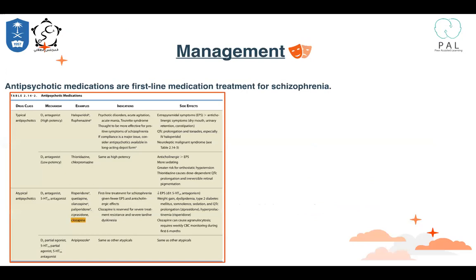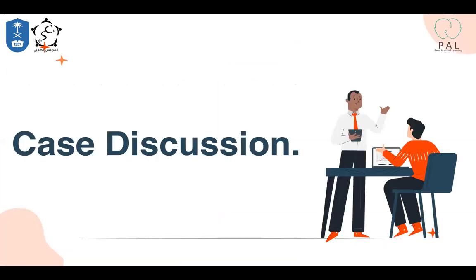طيب how do we manage the patient? We manage them with antipsychotic medication. عندنا many type of antipsychotic medication. عندنا typical و atypical. فالاختيار يعتمد على المريض والطبيب، وش يفضل وش side effect اللي ما يبغاها زي كذا. الشيء الوحيد هو كلوزابين، it is left for refractory cases because it's a significant side effect. طيب that's it. في أحد عنده سؤال قبل we go to the case discussion؟